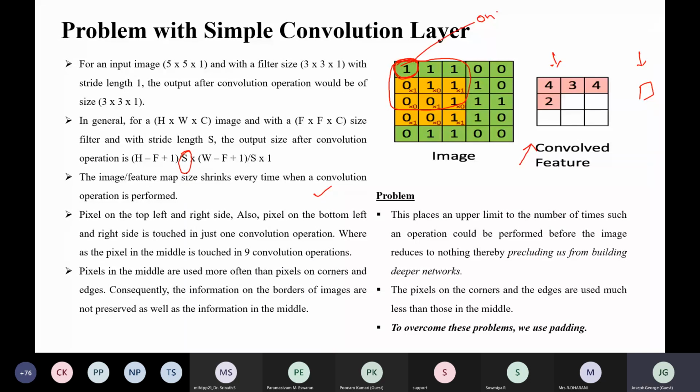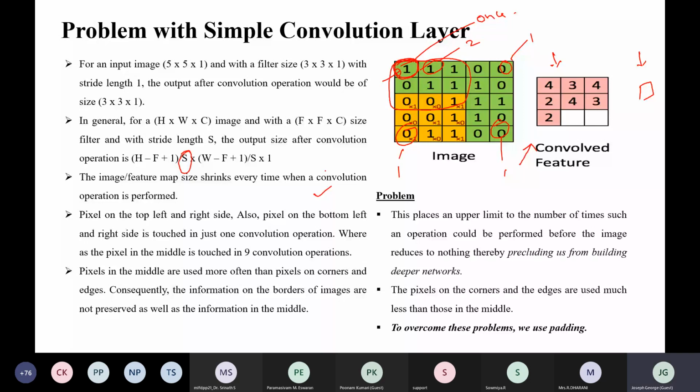Similarly here also it is involved only once. Maybe here it is involved 2 times, here 1. So the pixels at the edges of the image are involved in the convolution operation only once. Suppose the important feature is available in this particular pixel, in that case we are losing the information.